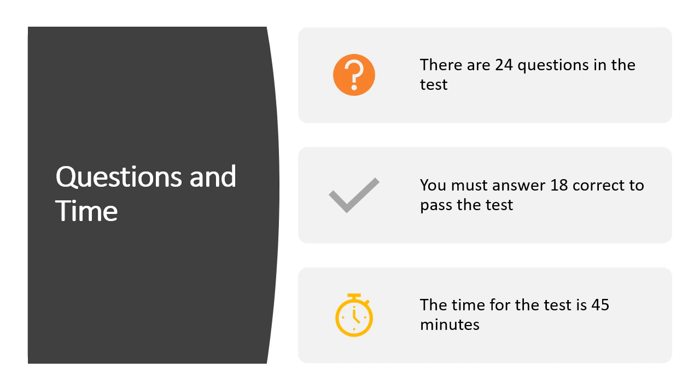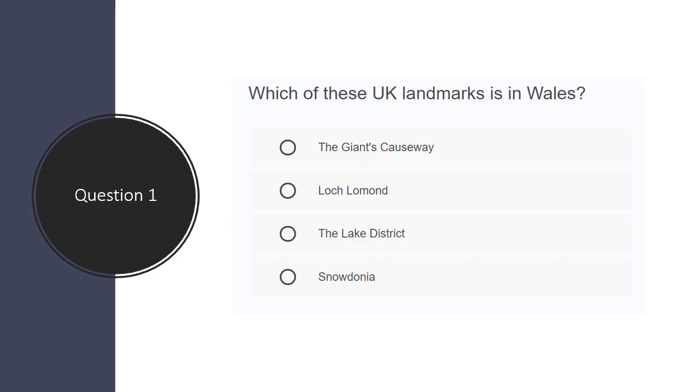This is the synopsis or the summary of the whole thing. There are 24 questions in the test. You must answer 18 questions correctly if you want to pass the test, and you have 45 minutes, which is quite a good amount of time to do these questions. Even if you read every question 2 or 3 times, still you will have enough time. Okay, so now we are going to start, and I will go through the whole 24 questions. This is a sample test, and I will explain things to you, and hopefully you will understand how to approach